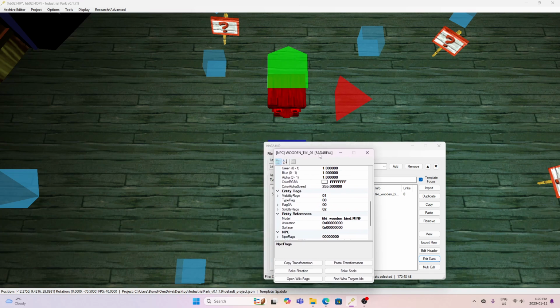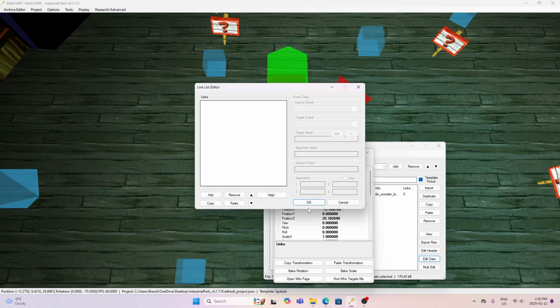and this is okay. So you go to now. We're gonna tell it to smash all the tikis. It gives you the spatula. So you go to edit data. Go to links, like right there. Click this, and you go to